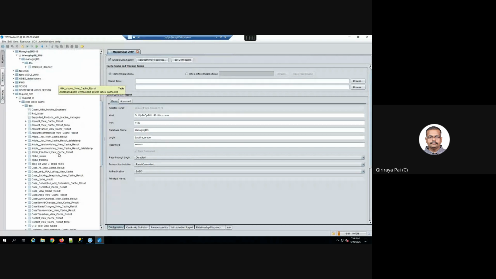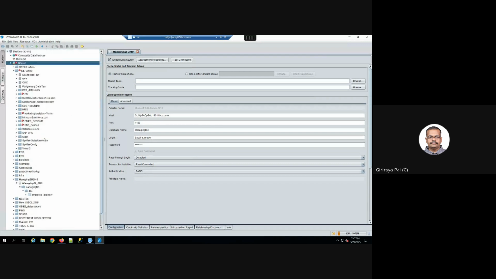Again, I'm just coming to the first phase of it. The first phase of it is I'm bringing in data from a database into TDB. Now I have the data within TDB and I'm going to present it to Spotfire. So if I have to present it to Spotfire, it has to be a JDBC source. So what I do is